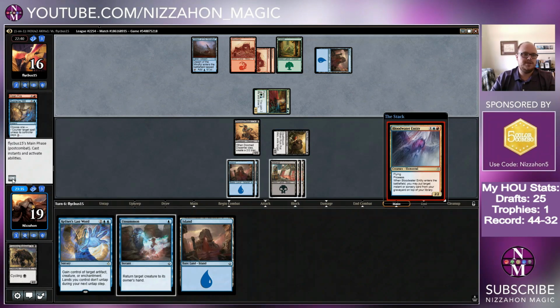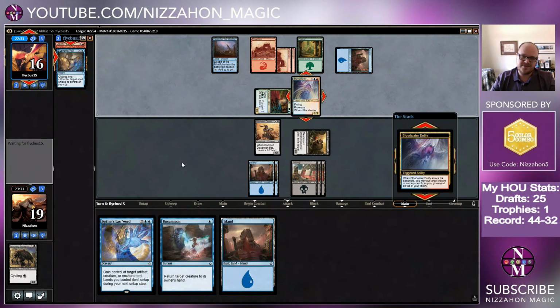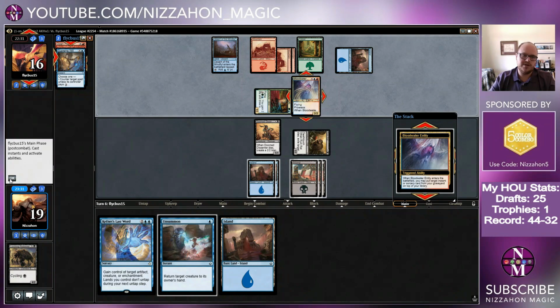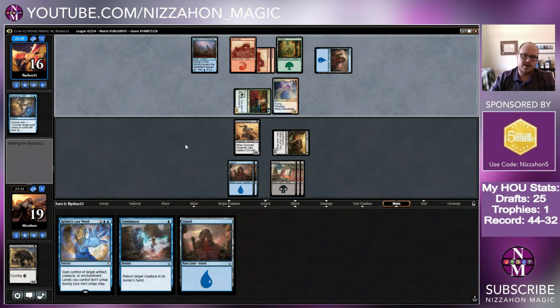Bloodwater Entity. They can get Open Fire back on top of the library, so that's not cool. That's another thing that's not really worth stealing. I will if I have to, if things are getting ugly and I need to steal a flyer. I'd rather steal that than the River Hoopoe, but...